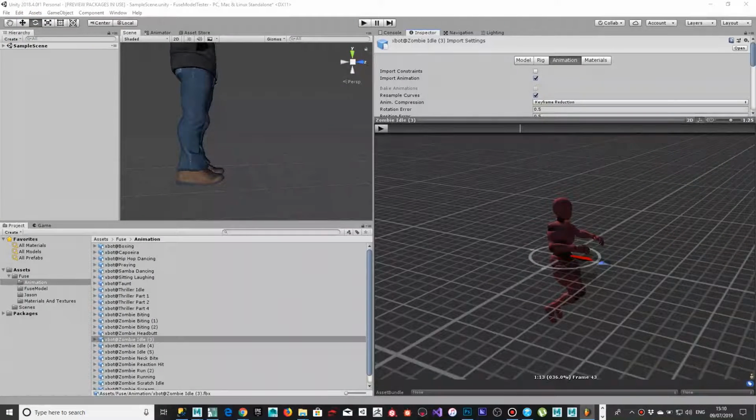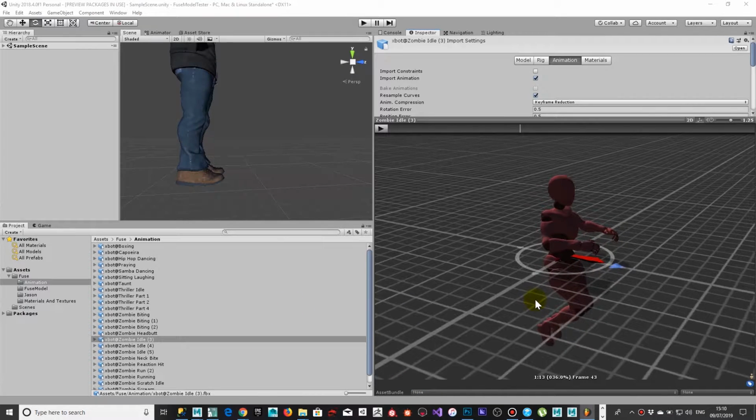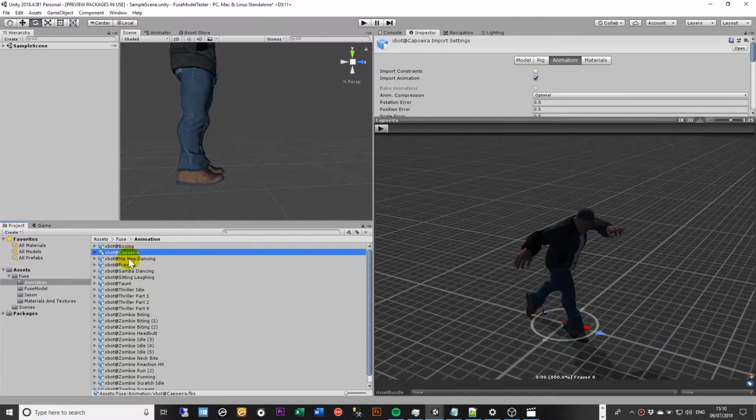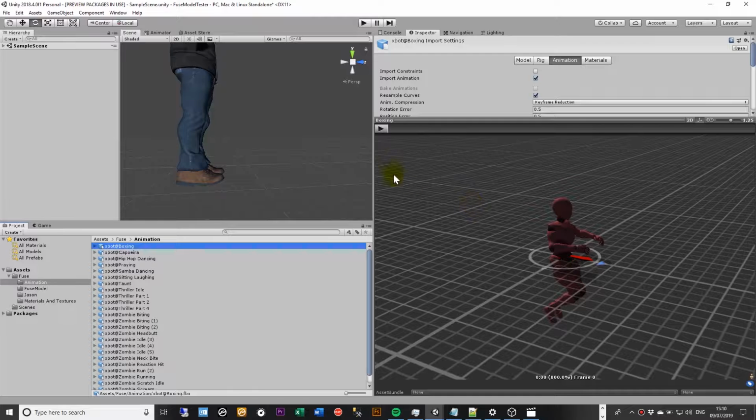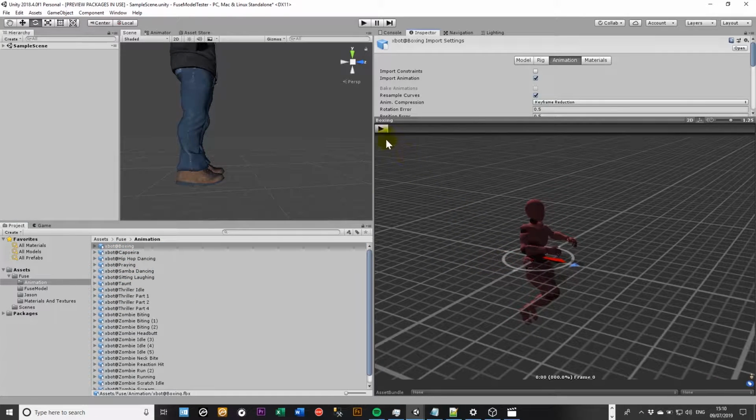Okay, picking up from where we left off with the last video, we went with the Xbox character, we set the rig to humanoid, we went to the second character and set that to humanoid, and everything was working fine. However, all the animations that were brought in, configured specifically for the Xbox character, they don't work anymore. And the reason is we need to go ahead and set them to use the Xbox as the